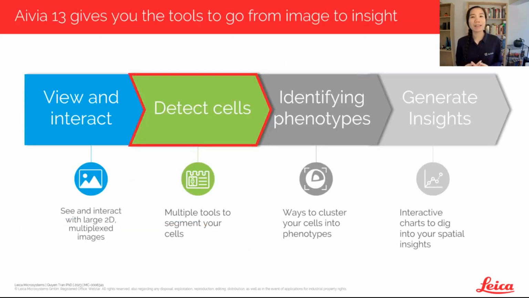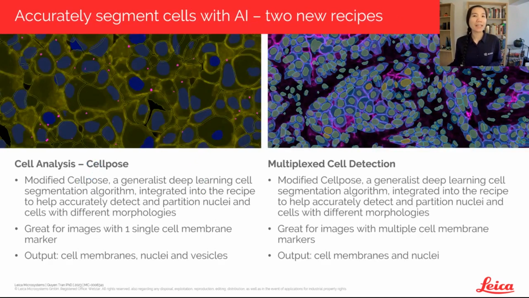Now let's take a look at the tools for the next step in our workflow, detecting cells. In Aivia 13, we are introducing two new recipes, cell analysis cell pose and multiplex cell detection. In both of these, a modified version of cell pose has been integrated into the recipe for accurate nuclei and cell membrane detection. Cell analysis cell pose is optimized for a single cell membrane marker and allows you to detect